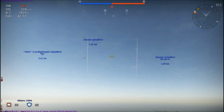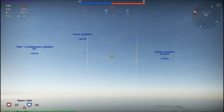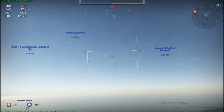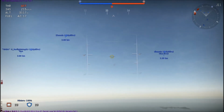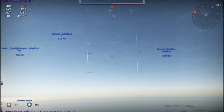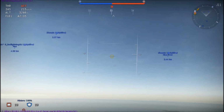Now you are very fast at all altitudes. Over 8,000 metres you actually have as good performance as the late 109s. In this game, you should have way better performance than the late 109s anyway. And even the Focke-Wulfs are faster than you. At about 5 to 6,000 metres you start to become pretty much on par as far as top speed goes. The only thing is this plane's acceleration is poor, which is one reason I say you always have to try